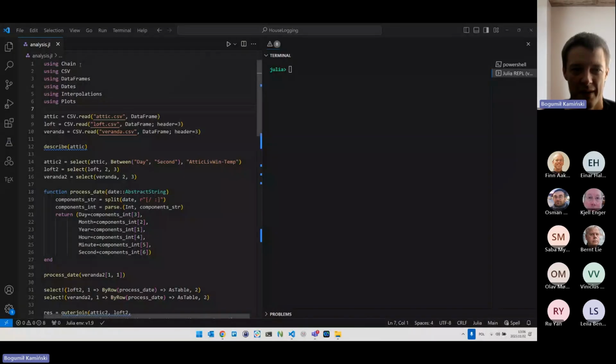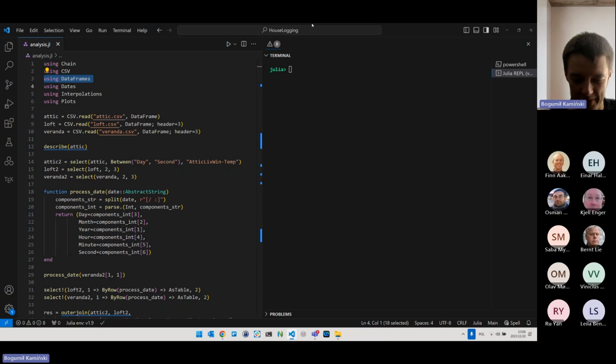So the question is, if someone switches from, or maybe you heard it. Yeah, I heard it. So yeah. So there are two major conceptual differences. So first is that the DataFrames package is concentrated only on